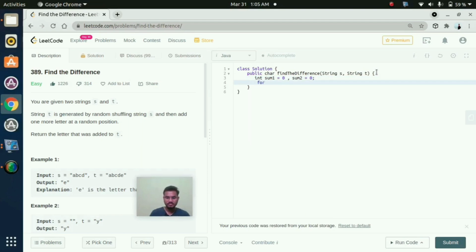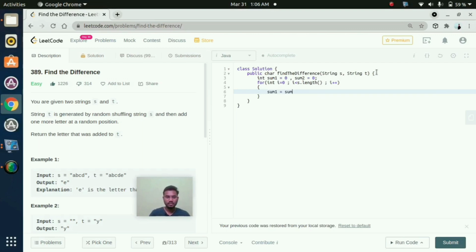Then for int i equal to 0, i less than s.length, i++. In this loop I am mentioning